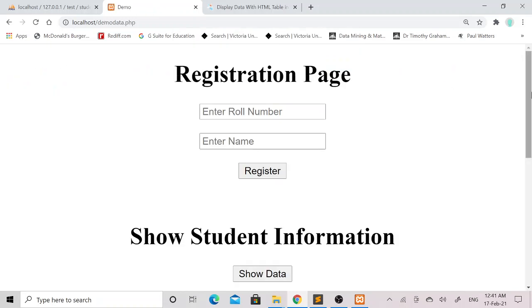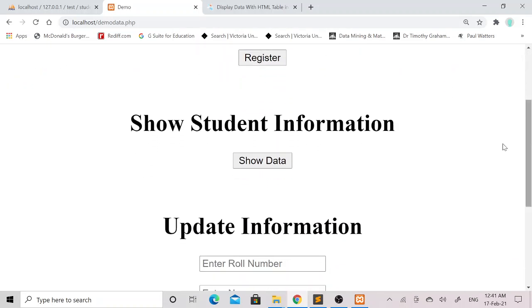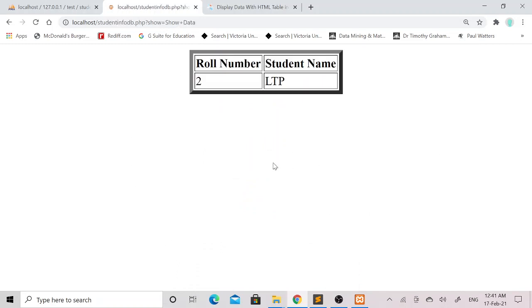I will simply click on the OK button. To see whether the record has been deleted or not, I will click on the show data button. You can see that roll number 3 has also been deleted from the student table. In this way you can execute select, update, insert and delete SQL queries using HTML and PHP.